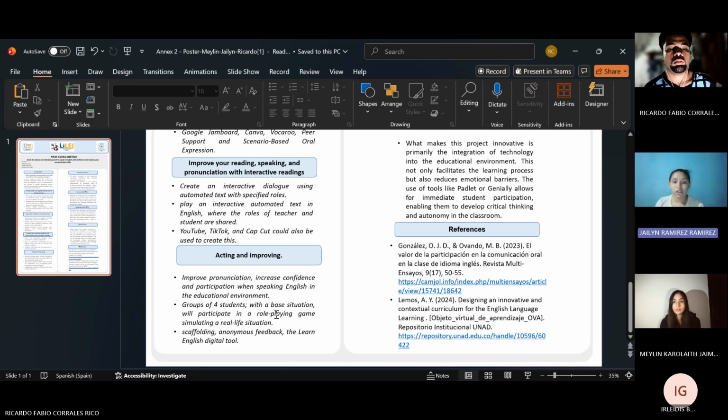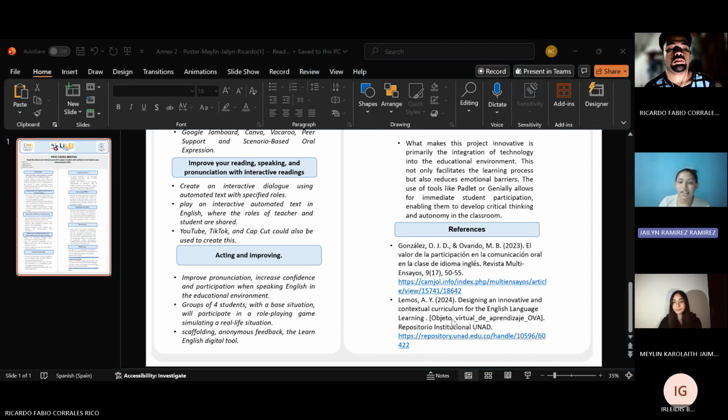In this way, a student will be able to interact in English, fostering classroom interaction and increasing their confidence in speaking English. And finally, for this activity, I will use the scaffolding strategy, providing each group with a column of useful phrases or key vocabulary related to the assigned task. Sorry. Thank you.